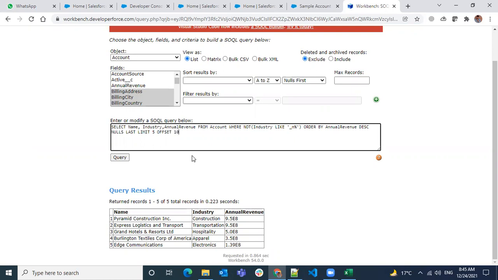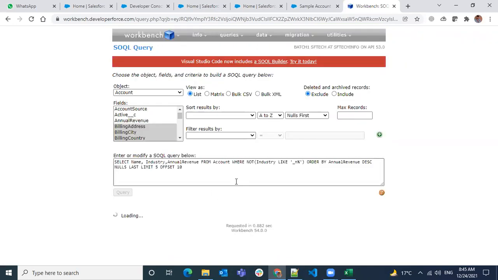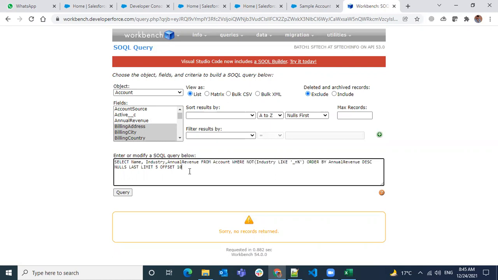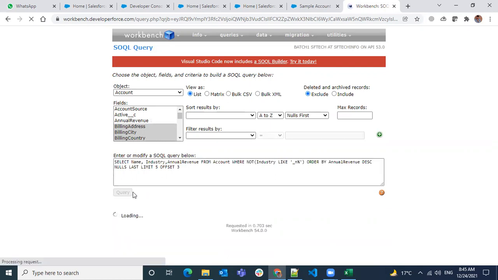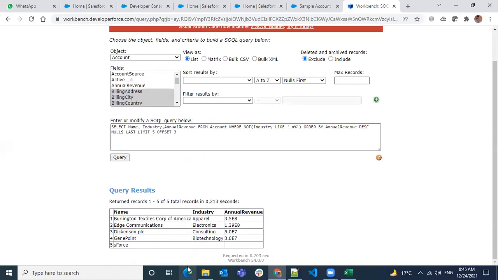From the 11th record, your limit will work. So 11, 12, 13, 14, 15. These 5 records are displayed. If you don't have that many results, nothing will be displayed there. So if I reduce this offset to, let's say, 3 records and query, you will have some data.